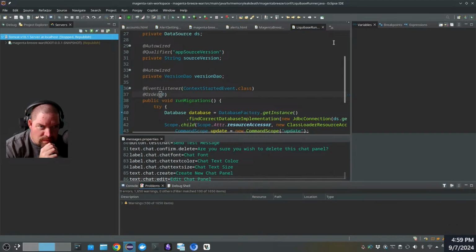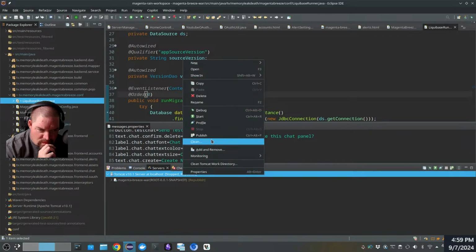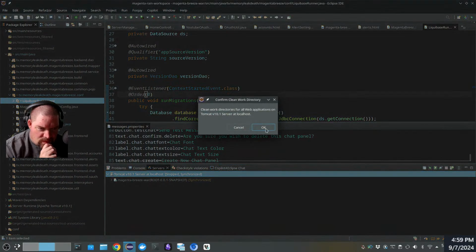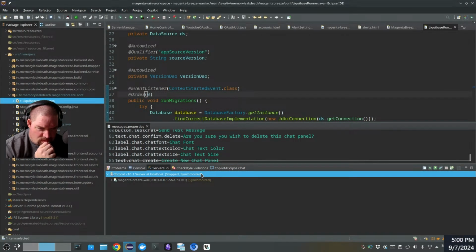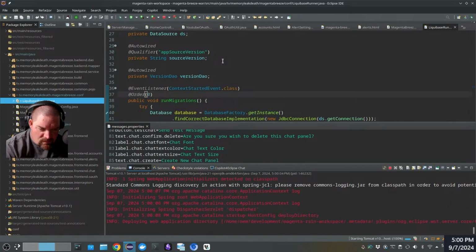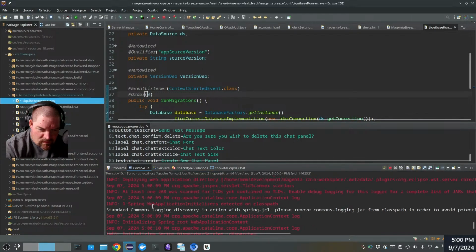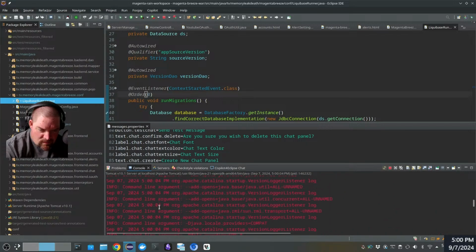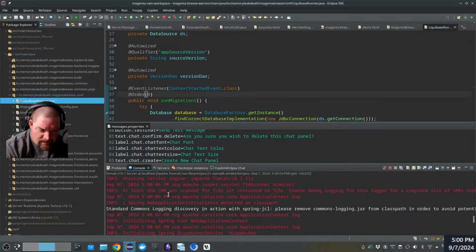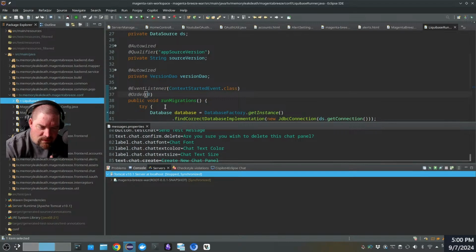And oops, I'm in debug mode here. I'm in debug perspective, I mean. Servers, clean. Let's do this and clean that. Let's debug again. No, it didn't run at all. So that's not good. Didn't run at all, so